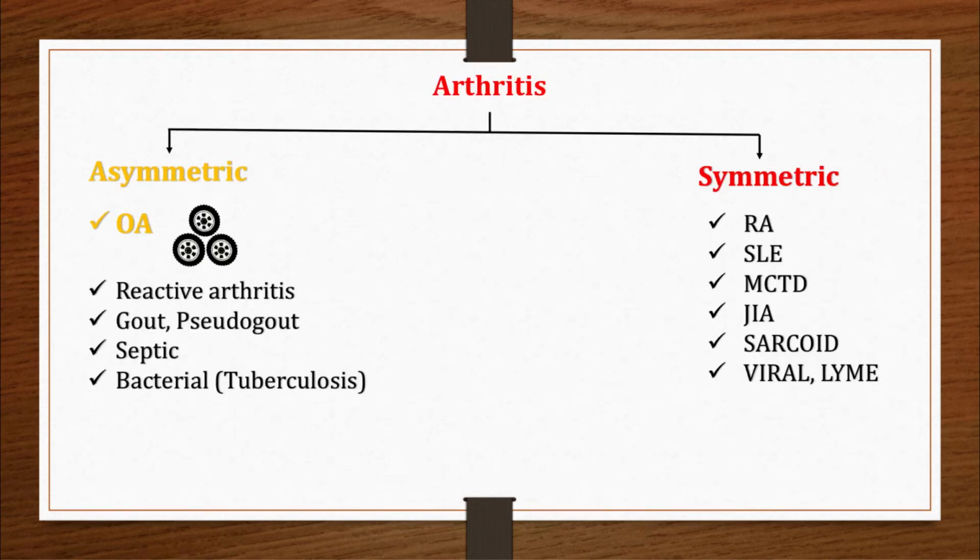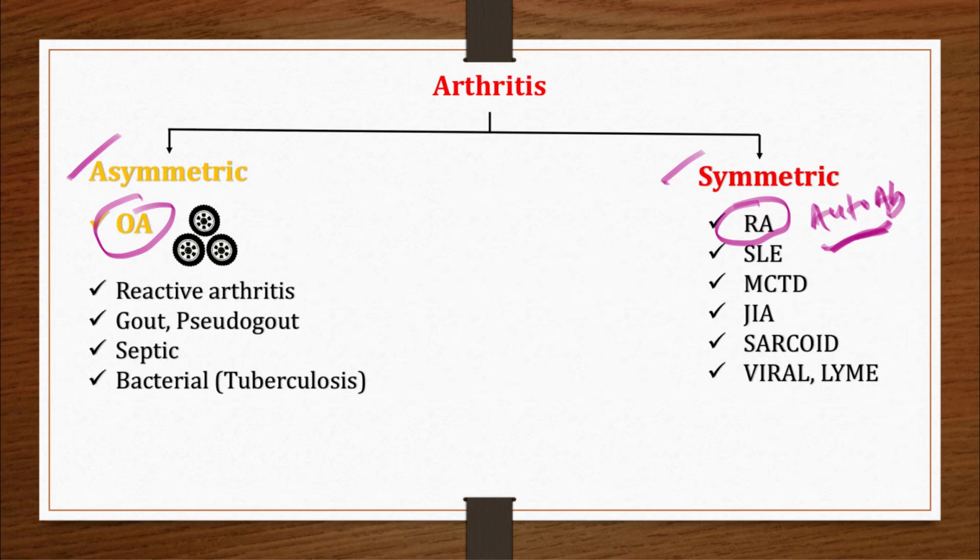Also, arthritis can be asymmetric and symmetric type. When we talk about osteoarthritis, it's an asymmetric type of arthritis, and rheumatoid arthritis is a symmetric type of arthritis. Why symmetric? As we already know that rheumatoid arthritis is an autoimmune, chronic, symmetric, systemic type of inflammatory arthritis. Autoimmune means having autoantibodies, right? And as we know that like God, autoantibodies also do not discriminate with your joints. They affect your both wrists, your both joints equally.